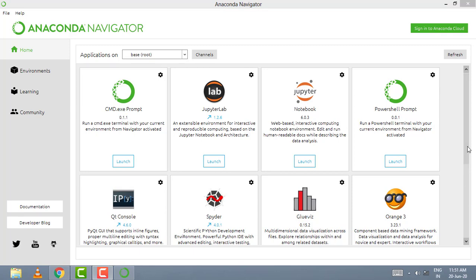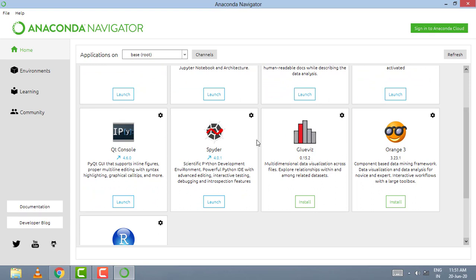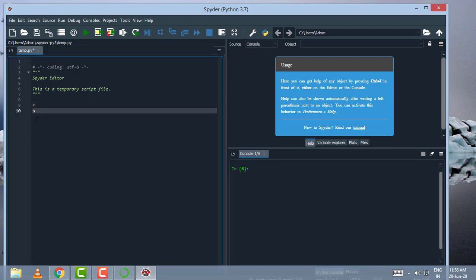I am going to show you how to use Spyder. Spyder is already installed in the Anaconda distribution. Click on the launch button. Now Spyder is opening. This is the Spyder editor, in which we can write our code. For example, I am going to write a equal to 3, b equal to 5, and print their sum.